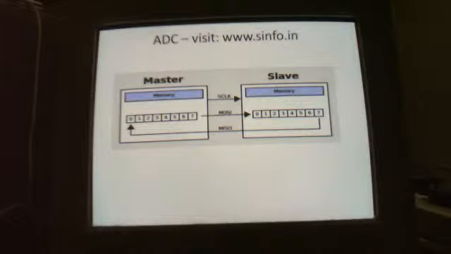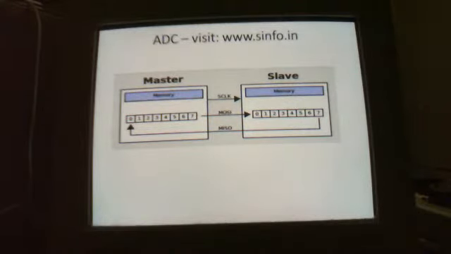Next, see this picture, this slide explains the interface between master and slave. Say here master is the PIC microcontroller and slave is the MCP3008. From the master, clock CLK goes to the slave, and the master MOSI is connected to the slave MCP3008, and the MCP3008 ADC sends the result through MISO serially, that is connected to the master's SDI.